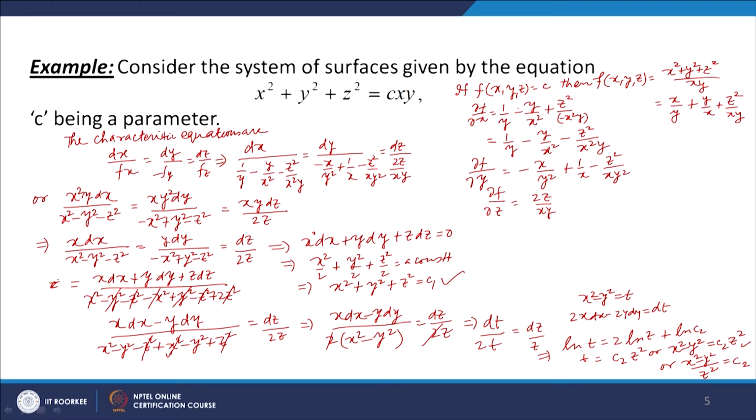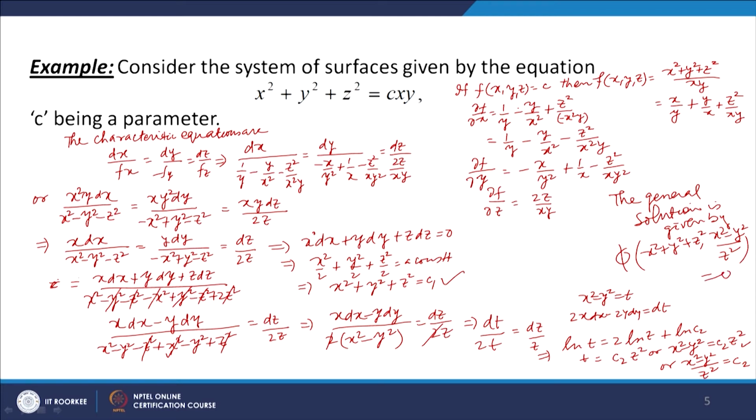Therefore the general solution is given by some function phi of x square plus y square plus z square and x square minus y square over z square